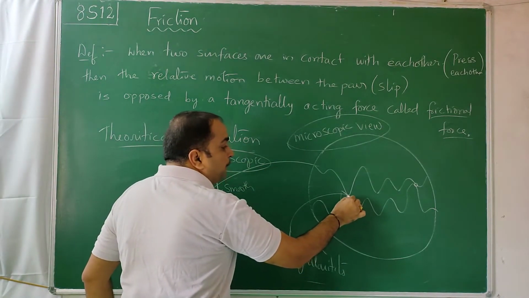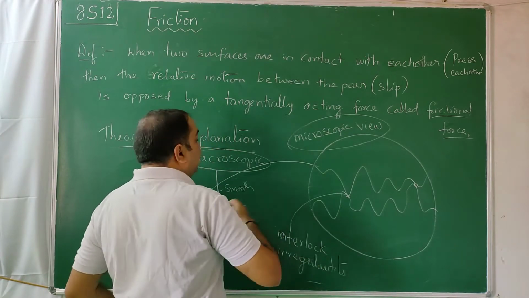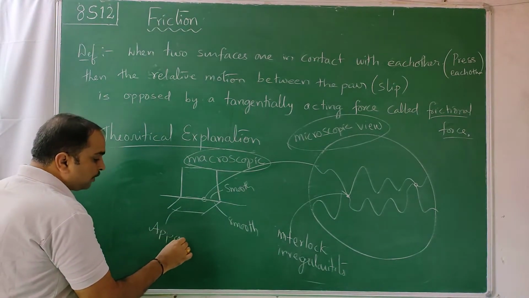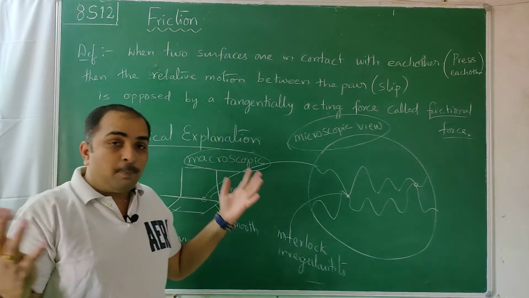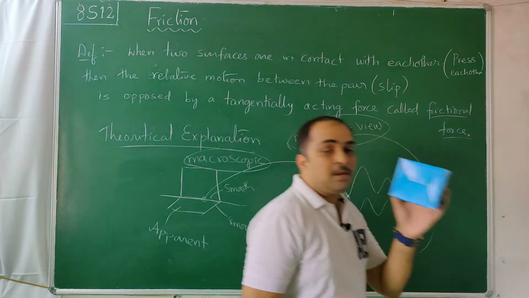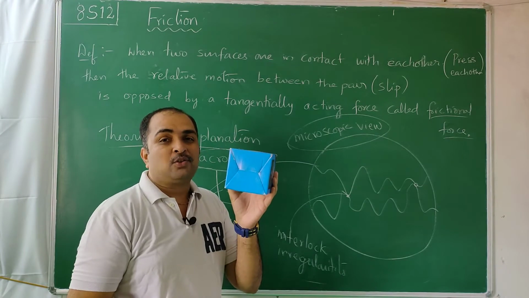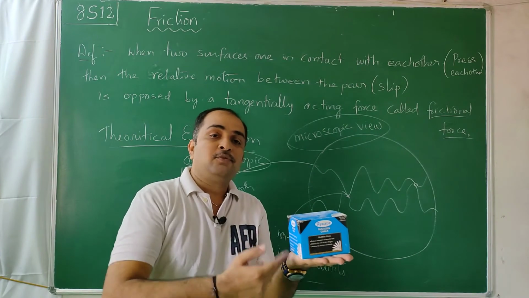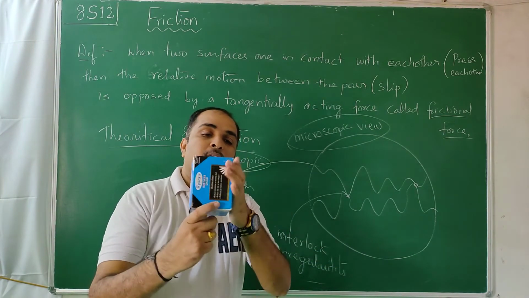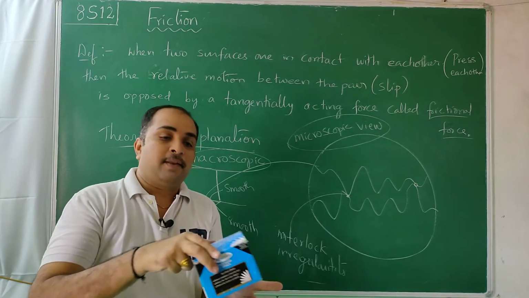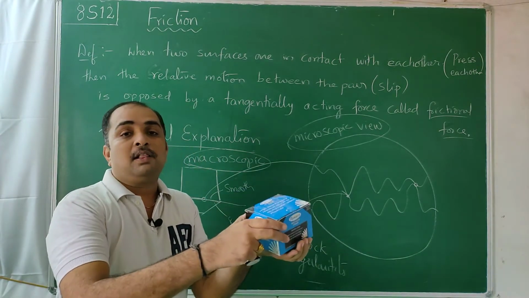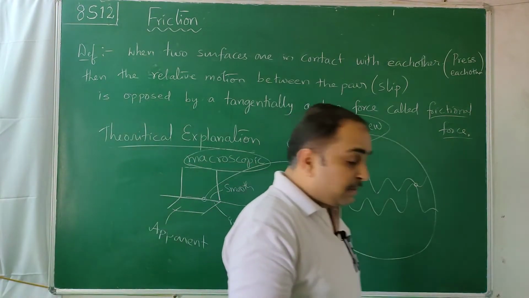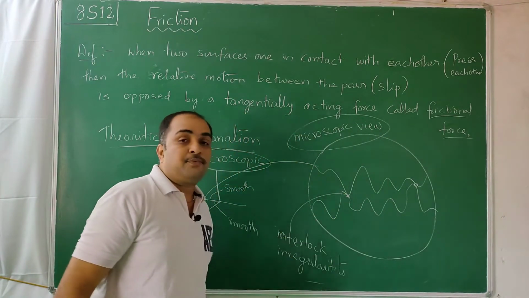And this area is called area of contact. And what visibly you find, length into breadth, is called apparent area. Macroscopic area, that means this is a box, length into breadth, if you make, you get an area, that's called macroscopic area. Visible area, apparent area. If you put like this, all the points will not be in contact with my hand. See, some portion is not in contact. Even inside also, when I am holding it like this, all the parts are not touching this. So that area which is microscopic in nature is the real area of contact.